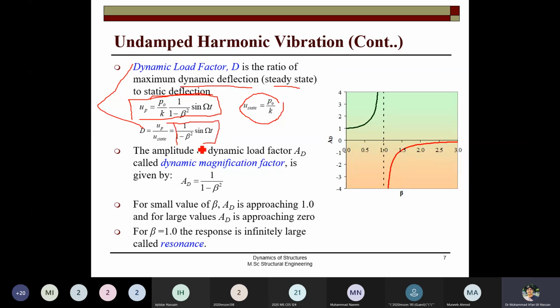You can get here the idea of how the static deflection or the dynamic deflection is varying. And what is the amplitude? If the amplitude is 1, it means that it is like some value where both are equal, and when the amplitude is infinity, then you can see that it means at what value of beta, यहाँ both play करता है role, कि beta when the frequency of the force which is applied and the frequency of the system, जब ये दोनों मैच करते हैं